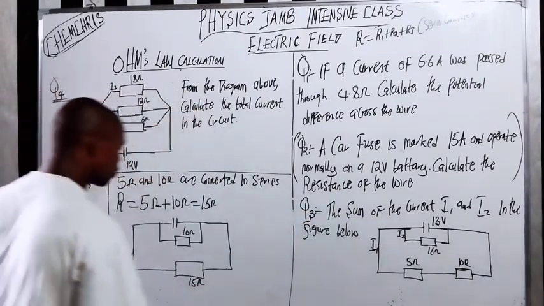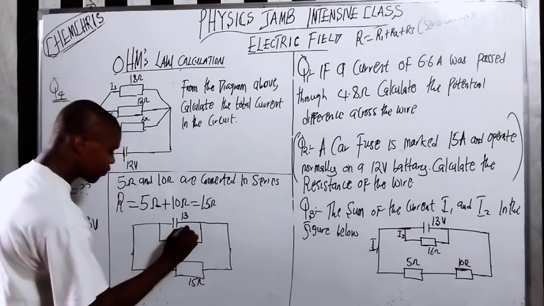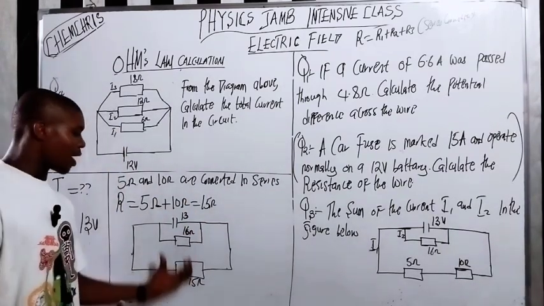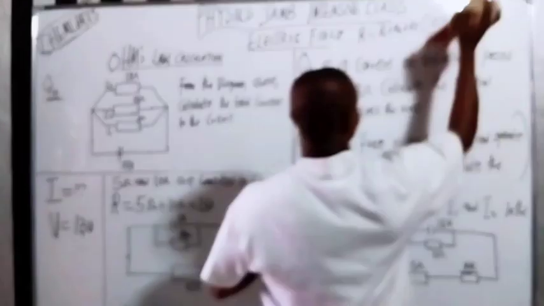Remember, I also have my 13 volts here, right? So I'm looking for the total current. I'm looking for total current. So how do I calculate resistors in parallel? Now, when resistors are connected in parallel,